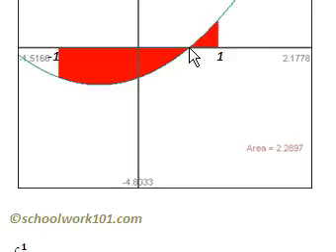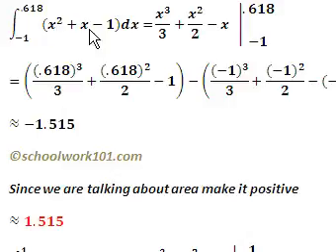So this right here is 0.618, and we're integrating between -1 and 0.618. I've got it set up. I take the integral. Remember, we add 1 to the exponent, put the exponent down below. Do the same thing with the x: add 1 to the exponent, and -1. The integral of that is just -x. And our limits are 0.618 to -1. So we plug this into the function, and then minus, and then we plug in the -1. And all of this is approximately